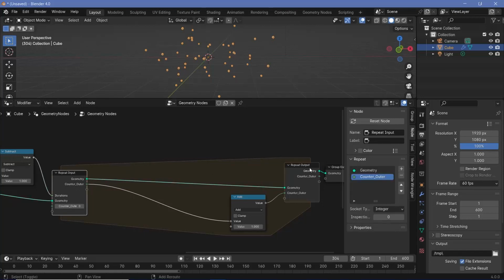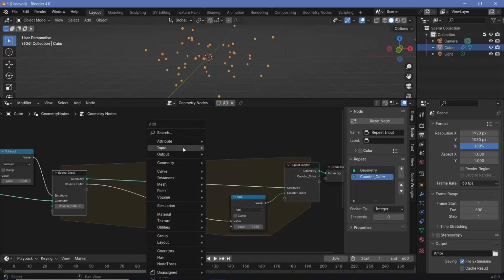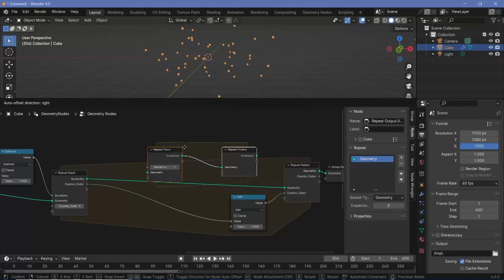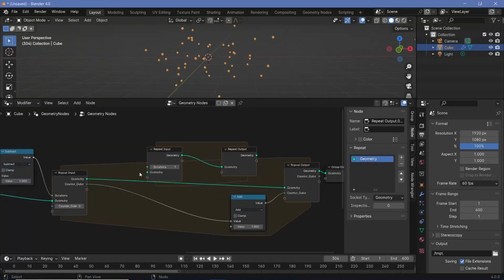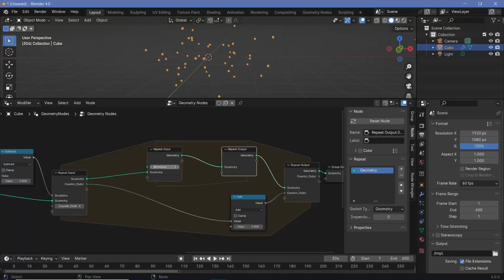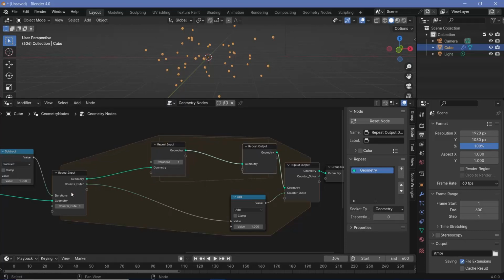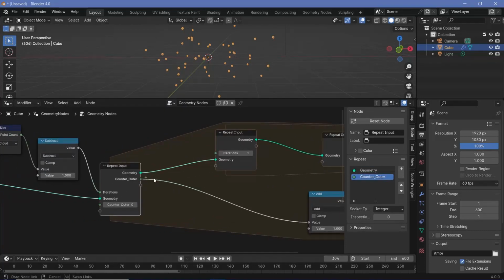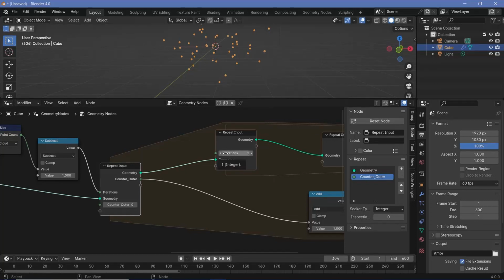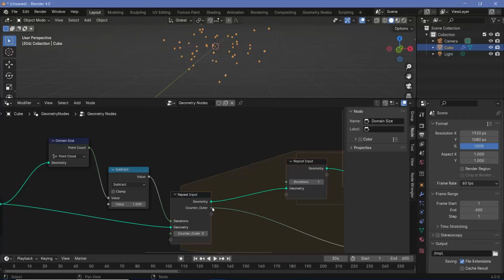Let's go ahead and duplicate this repeat zone by pressing Shift A and searching for another repeat zone and simply plugging that in over here, just like this. Now we need to figure out the number of iterations this is going to go through. If we're using this outer counter as the indices, if this is at an index value of 0, we want this to go from a value of 1 to 2, 3, so on and so forth. So we can actually subtract this value from the domain size over here to get the correct number of iterations